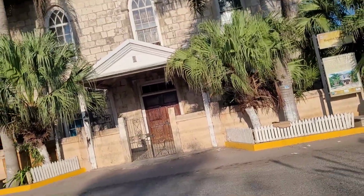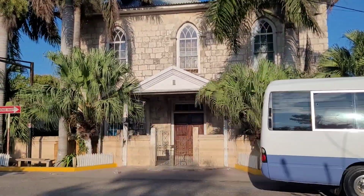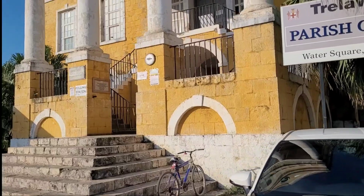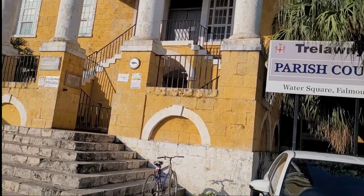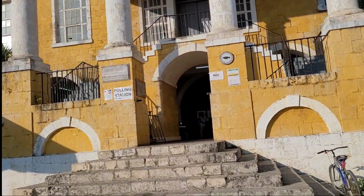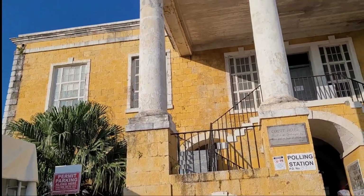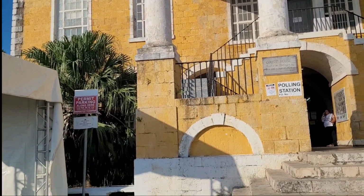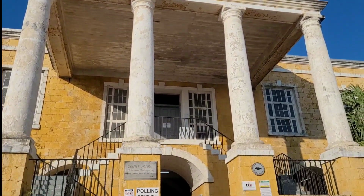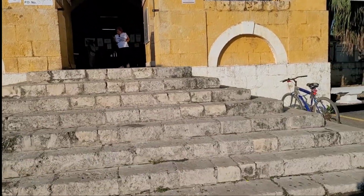I will just mention two of the buildings that were altered since they were declared national monuments. You remember we looked at St. Peter's Anglican Church, so that's one of them. And then this courthouse that we're featuring right now is the other. As I've always said, you can do your research and get deeper into this, get more information as it relates to other buildings and so on. So we're looking at the courthouse, and this one has had a lot of drama. Not getting into all of that though, but